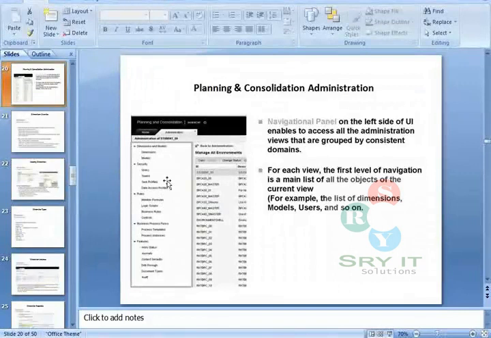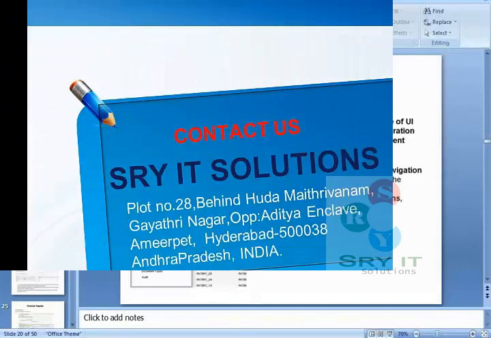Users. Why do you have users here? In BPC you can create users in this web UI, and after creating the users, you will keep those users in Teams. You will assign those